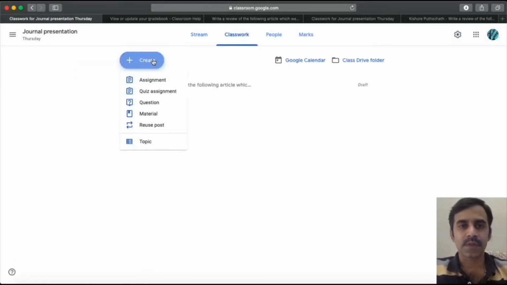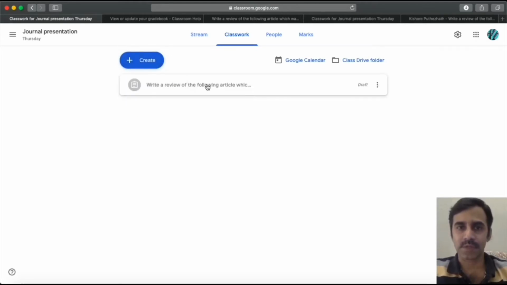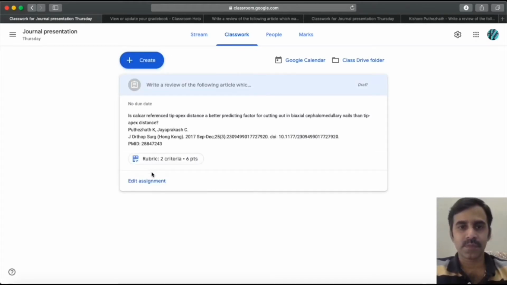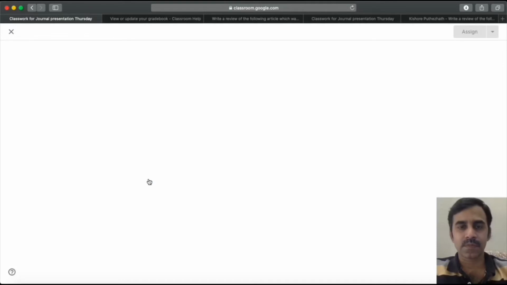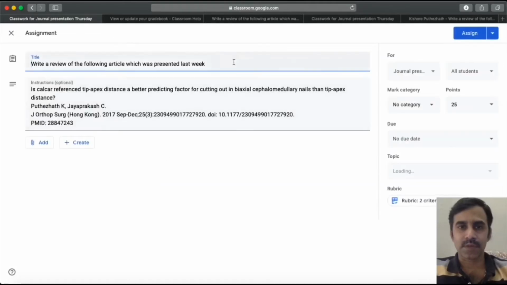We can start assessment by giving an assignment to the student by clicking on the assignment. I have already drafted an assignment. So we can see the assignment which I have drafted, which is: write a review of the following article which was presented last week.